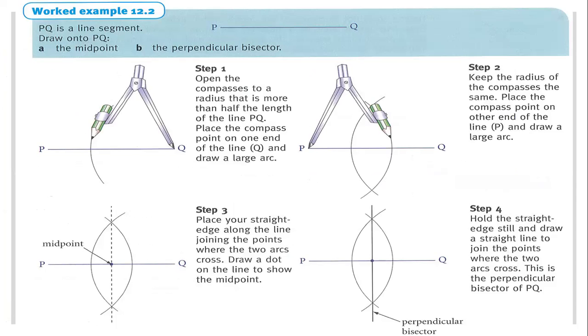So PQ is the line segment. You have a PQ. So draw onto PQ the midpoint. First, what we need to do is find the middle. If this one is 8, then half of this will be 4. So you need to draw